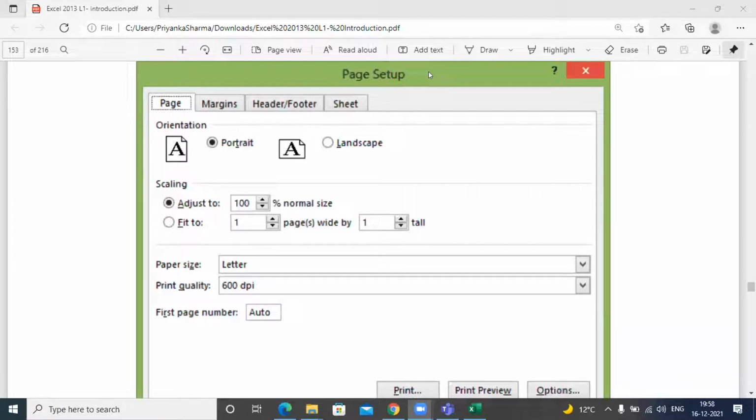If your worksheet is only slightly longer than one page, you probably won't notice a difference. But let's say your worksheet is quite large, and when you shrink it to fit on one page, it will be printed in a very, very small size, because it has to adjust itself, isn't it? So it will reduce the font size. And this is very, very true when you have many rows and very few columns, or vice versa.